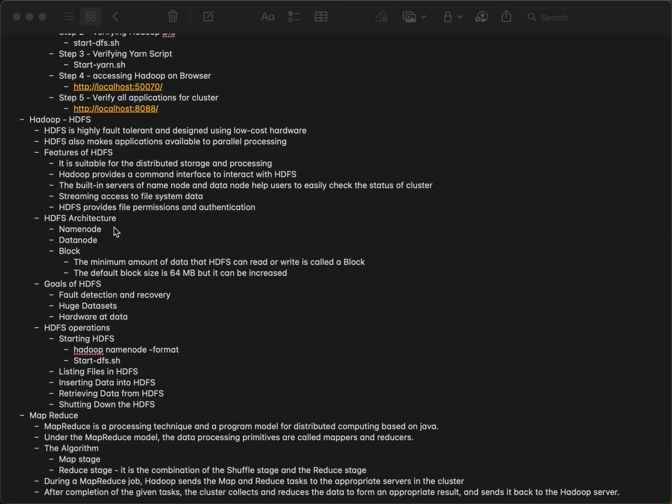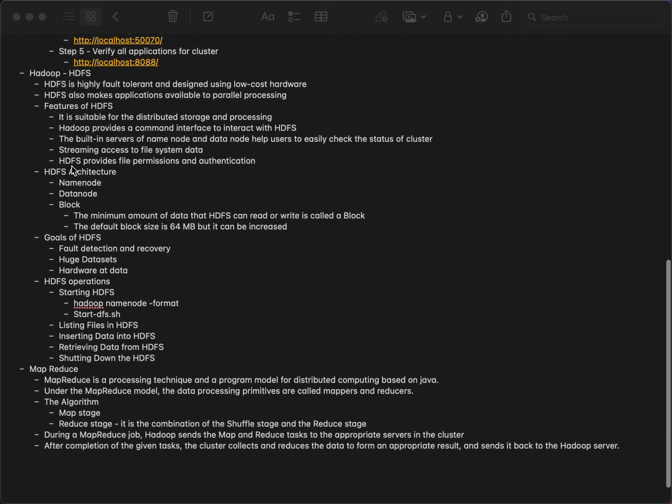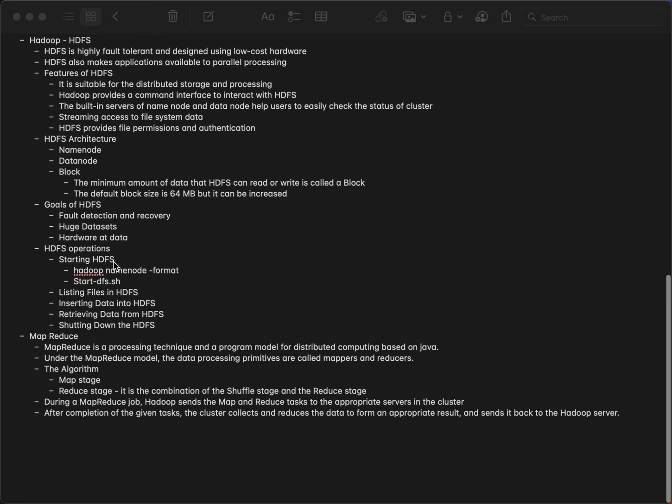HDFS architecture. Basically these are the main components in HDFS: name node, data node, and block. The minimum amount of data that HDFS can read and write is called a block. The default block size is 64 MB, but it can be increased. The goals of HDFS are fault detection and recovery, huge data sets, and hardware at data. HDFS operations: starting HDFS, listing files in HDFS, inserting data into HDFS, retrieving data from HDFS,